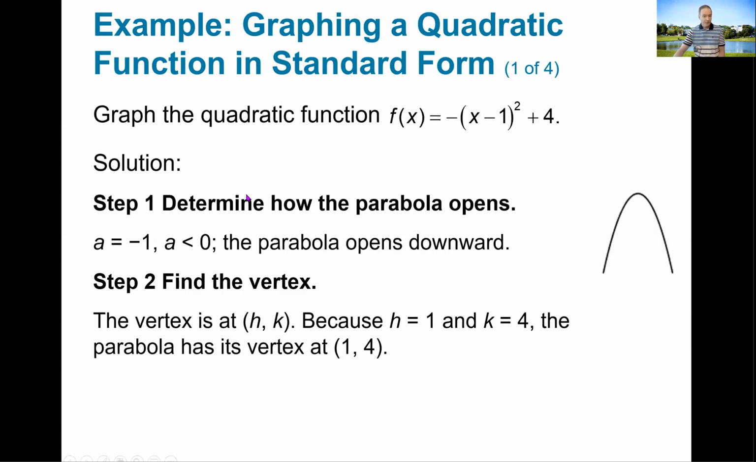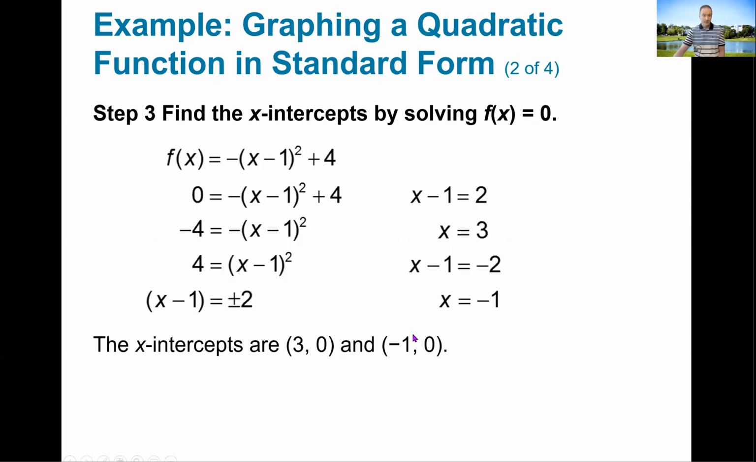Now, after you determine the direction it opens and the vertex, the next thing is to find its x-intercept. So you say, well, set the function equal to 0. Here's my function. I set the function equal to 0. Now I solve for x. So I get the group that x is a part of by itself. I'll subtract 4 on each side. Then I divide by negative 1 on each side, and I get the group x minus 1 squared is equal